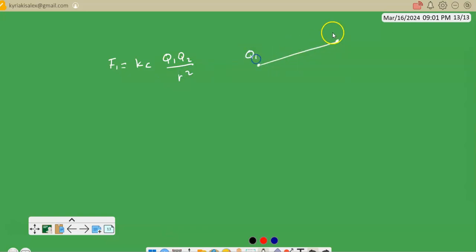I assume that Q1 and Q2 have the same sign. Let's assume that they are electrons. This is the distance between the two charges, R1. Now let's take F2,